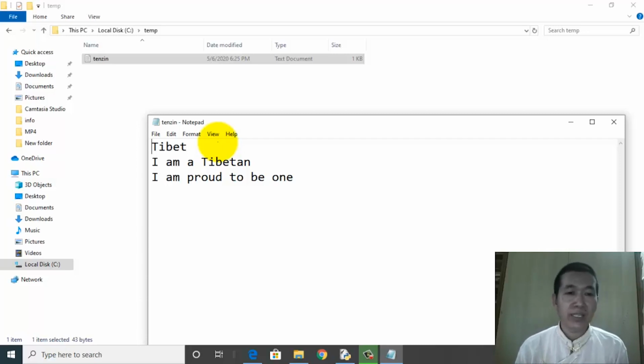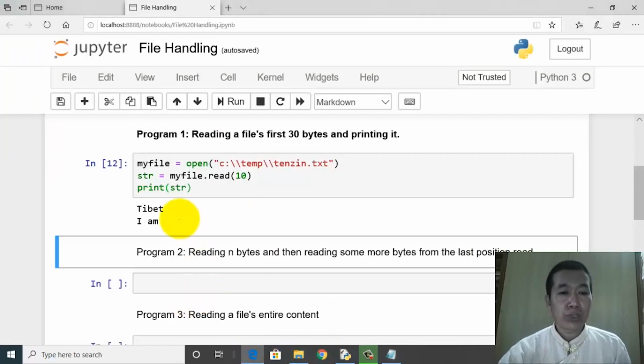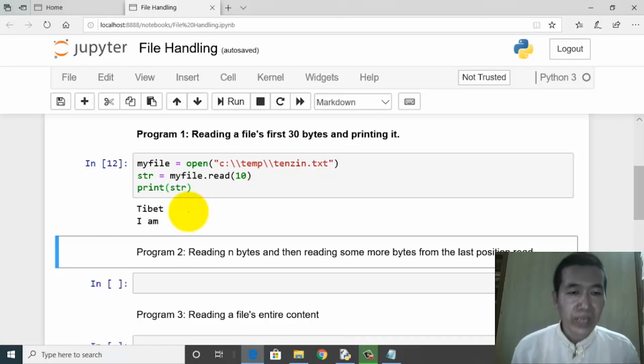This is again nothing but a character which will occupy 1 byte. So you have 5 here, new line character 6, 7, space is the 8th, A is the 9th, M is the 10th. This is how we get to see the output. Okay, so this is the first program, which is all about reading a file's first 10 bytes and then printing it.